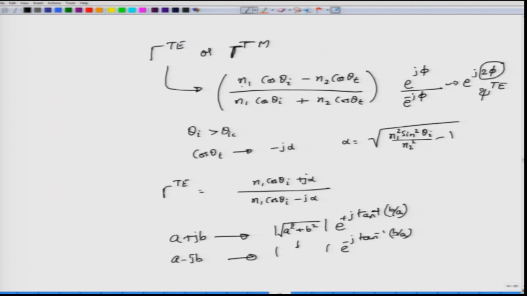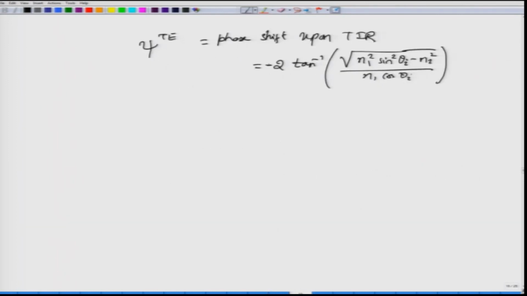So, you would have n1 cos theta I plus j alpha. So, you can express this one as tan inverse of alpha divided by n1 cos theta I. There will be a denominator as well, which would be tan inverse of minus alpha divided by n1 cos theta I, and then you can put both of them together and you would have the sum of these two. So, tan inverse of a plus tan inverse of minus a, and then you can use all those formulas with them. Sorry, there is a minus sign here, not on the outside. You can use those formulas and find out that the total phase shift for the transverse electric case will be this expression.